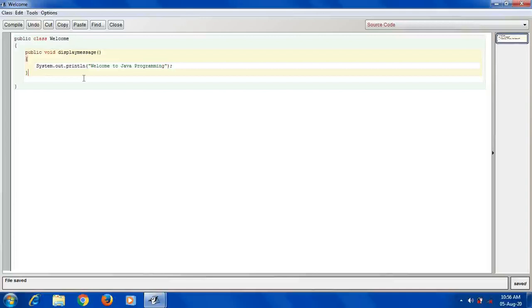No one is there to restrict them from using that transport. We can't say to people, don't get inside, don't come. It's not like that. That is public. Public means anybody can use it. Understood? So here also, public means this class can be accessed anywhere.